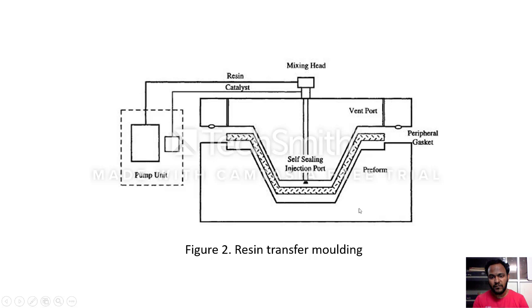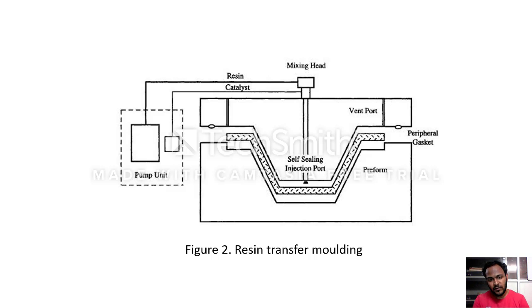This is the lower half of the mold and this is the upper half of the mold, and in between this there is a small layer that is shown here, which is called the preform. This preform you have made through the spray process or a textile weaving or a braiding process. So whatever shape of preform you have made, if you keep it inside this mold cavity, depending upon the shape of this mold cavity, the final composite product also will come in the same shape.